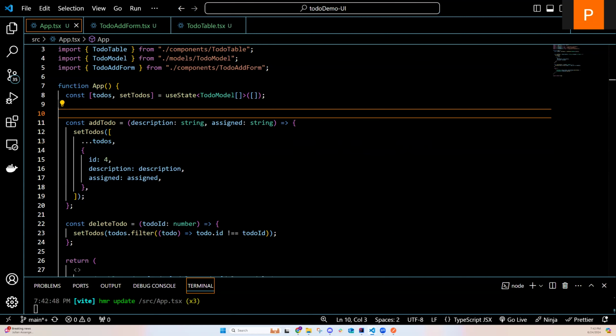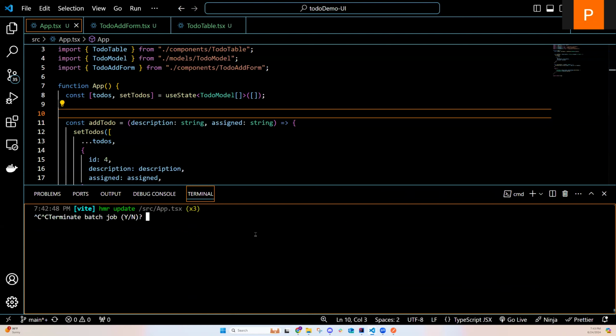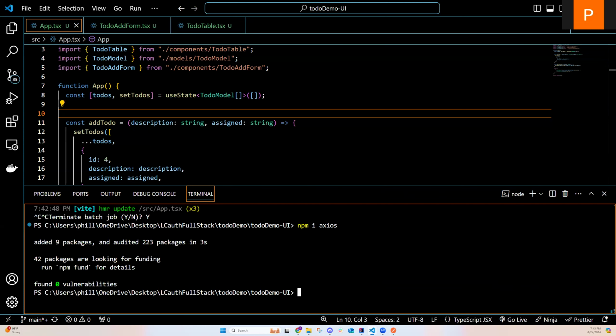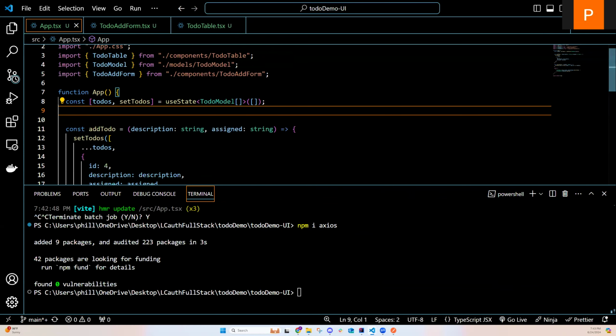So for that, we want to go ahead and set up this Axios call. Because I'm using Axios, the first thing I'm going to do here is install it. So I'm going to do npm install axios. This is going to make it so that we can actually do all of that. It should, okay, and then right here,